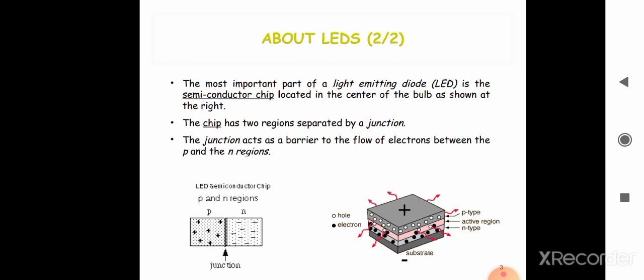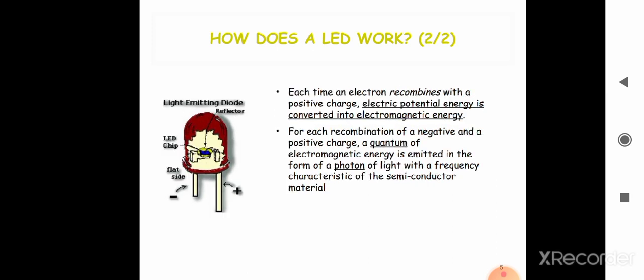This light is generated by the active layer, which is sandwiched between the P and N type junction. So why does it emit light? Because the active region, as I said, is made up of some light producing material like gallium arsenide, gallium phosphide, or gallium arsenide phosphide. Here a detailed construction of the light emitting diode is also given.